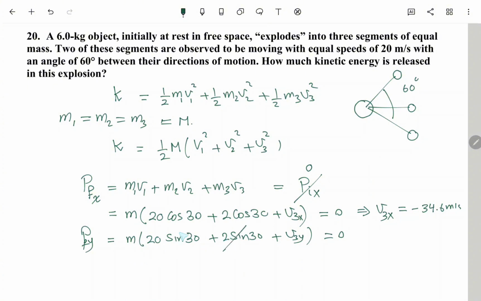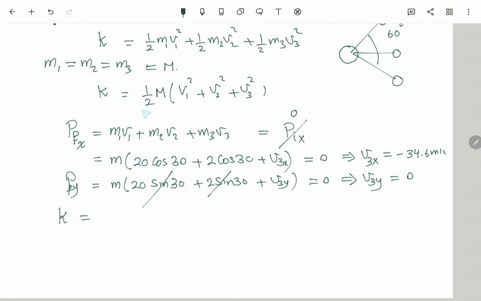So this will cancel out with this, and in this case v3y equals 0. Now the kinetic energy equals, let's use just this one here, half m. In this case it's 2, because the 6 kilogram splits into 3 equal pieces, so each piece has a mass equal to 2 kilograms,